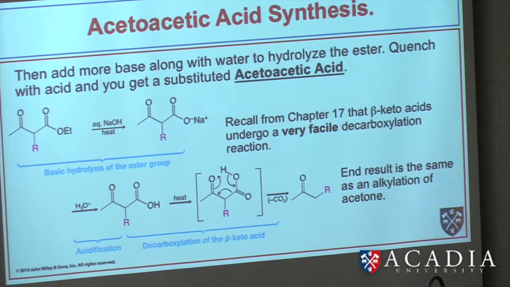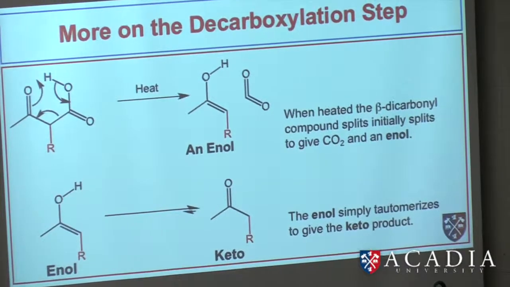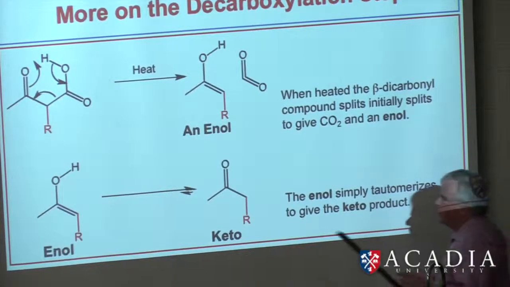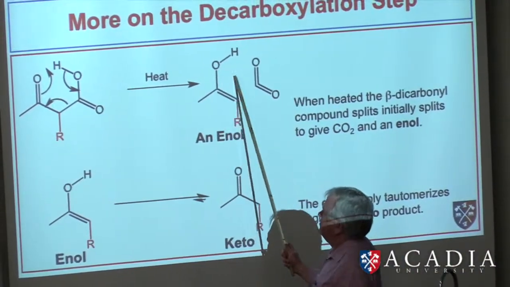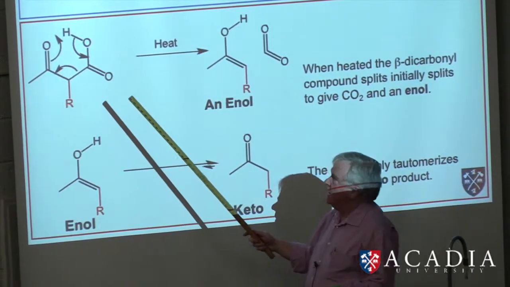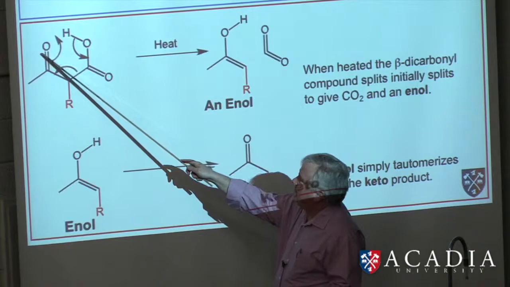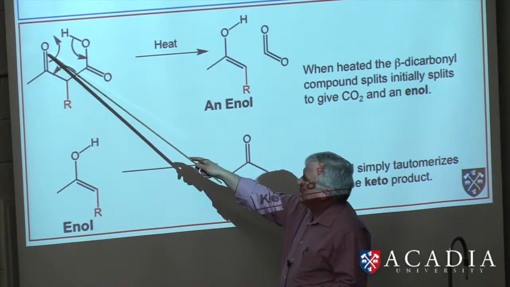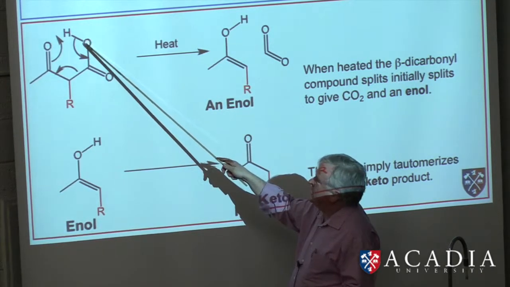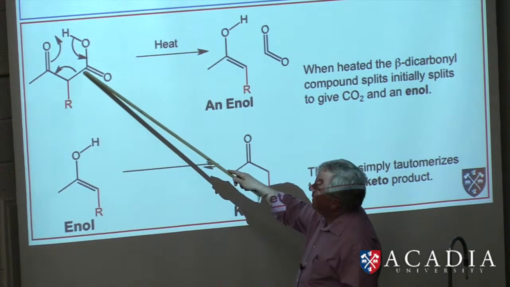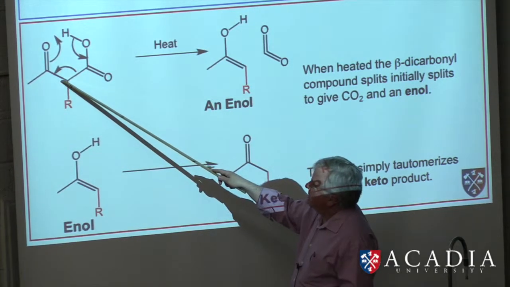I just wanted to talk a little bit more about that decarboxylation. Someone came up and asked me, and it was a good question, and I thought we would go through it. So this is just showing the bonding changes that occur from these curly arrows that we're showing. So all that's happening is we're forming a bond between the oxygen and the hydrogen. At the same time, we're breaking that pi bond. We break this hydrogen-oxygen bond, make a carbon-carbon double bond, and we break this carbon-carbon bond to make a carbon-carbon